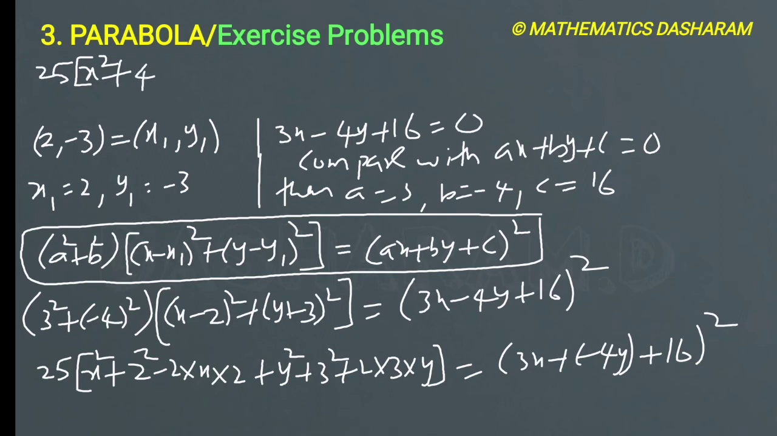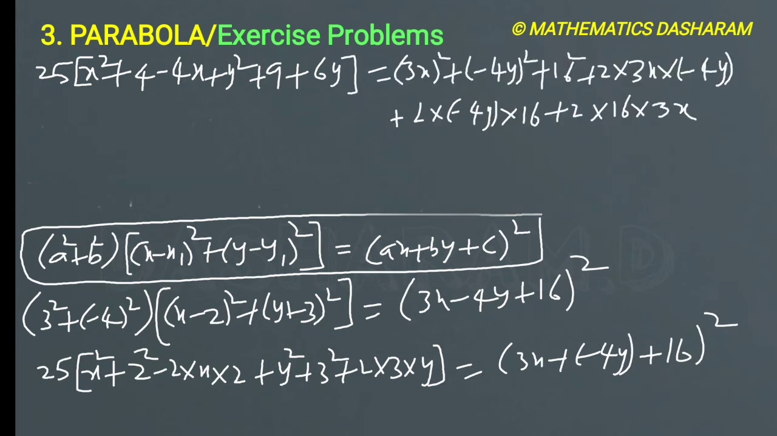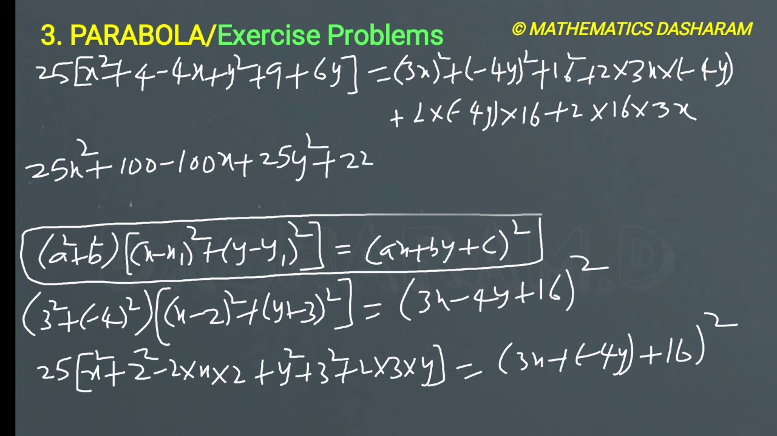2 square is 4 minus 4x plus y square. 3 square is 9 plus 2 3s are 6y, equals to, here a plus b plus c whole square formula. Now 25 multiply inside, 25x square, 25 4s are 100, so minus 100x plus 25y square, 25 9s are 225 plus 25 6s are 150y, 3x whole square is 9x square, next minus 4y whole square is